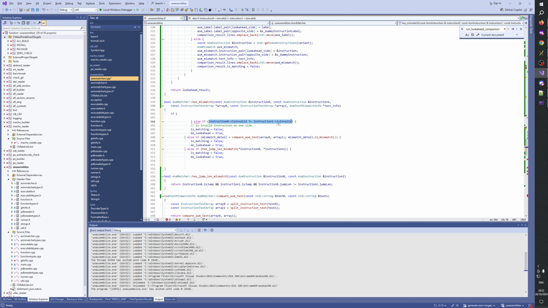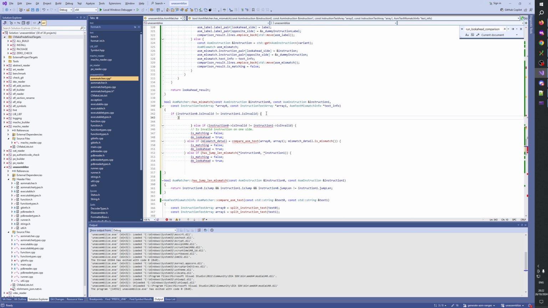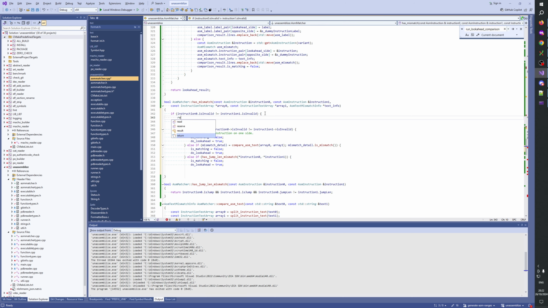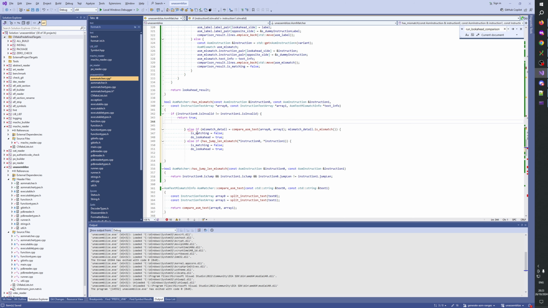So if instruction is invalid, does not match the other invalid, then return true for mismatch. Oops. Else if